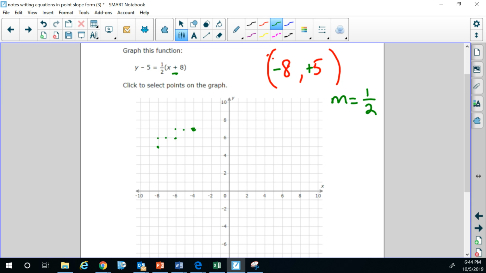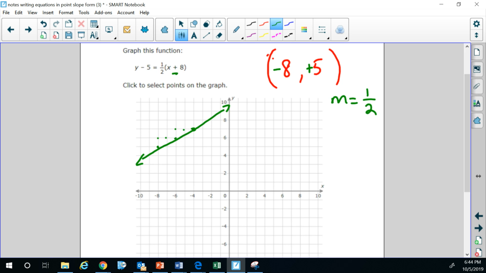Now, our next action is to draw a straight line through those points. All right? And make sure you put your arrows on the end. Okay? So just to review, given a function and we're asked to draw a line,